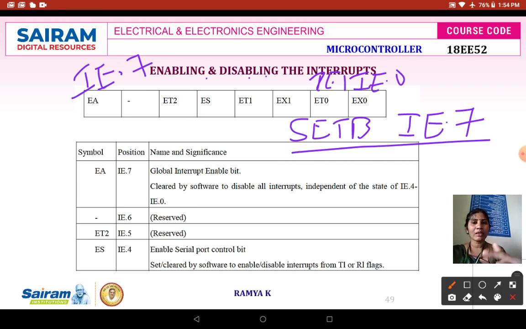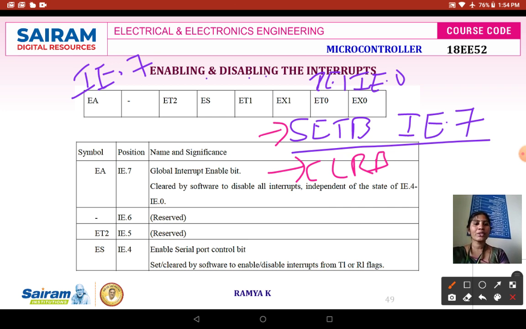You can set or clear an interrupt enable bit by using the instructions SETB or CLR B. SETB stands for set bit, so only one particular bit can be set. CLR B means clear bit, and here also we can clear one bit at a time.